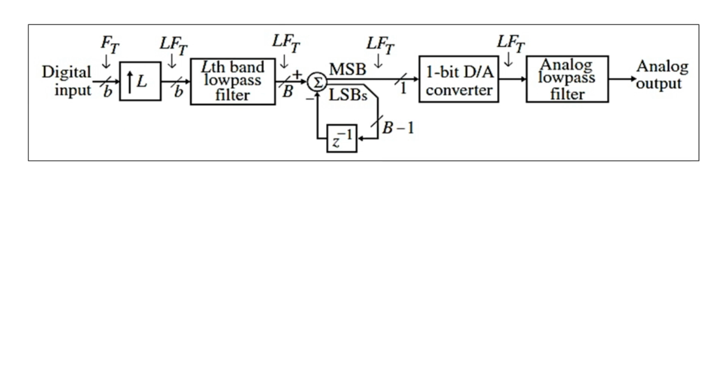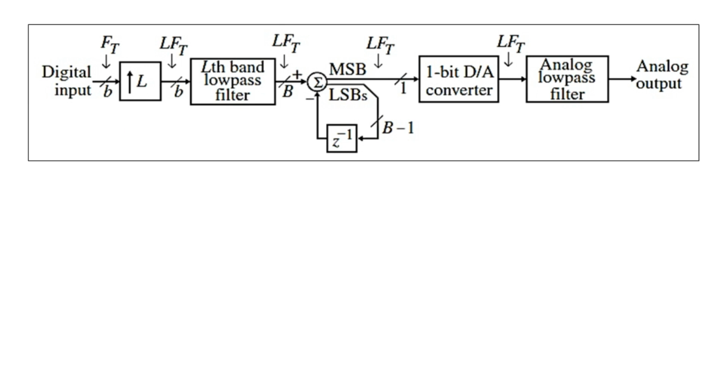In this overall procedure, what is the role of the quantizer? The quantizer extracts the MSB from its corresponding input and subtracts the remaining LSBs, the quantization noise, from the corresponding input. The MSB output is then fed into the 1-bit D to A converter and passed through an analog low pass reconstruction filter to remove all the frequency components beyond the signal band of interest. Now the spectrum of the quantized 1-bit output of the digital sigma delta quantizer is nearly the same as that of the input.